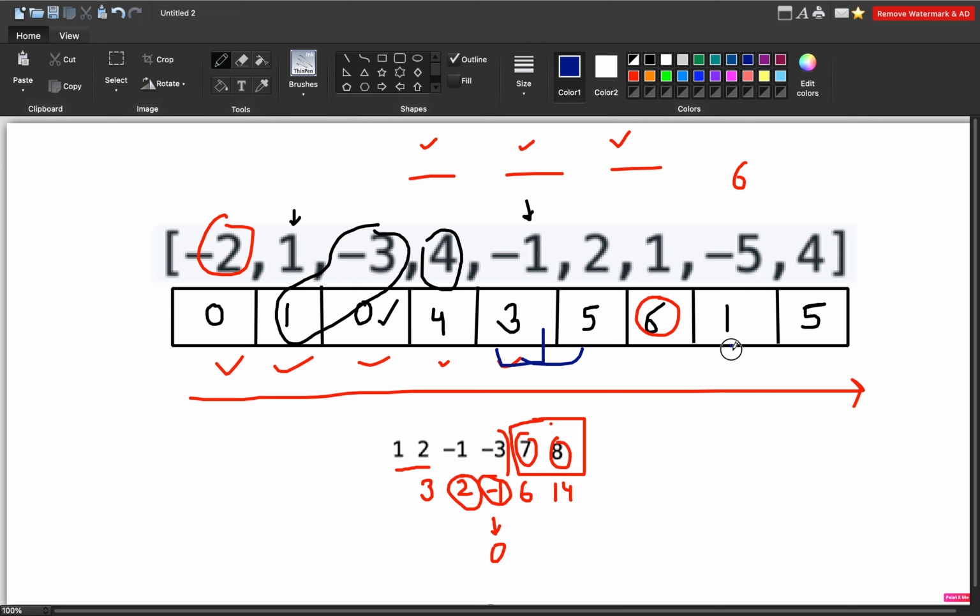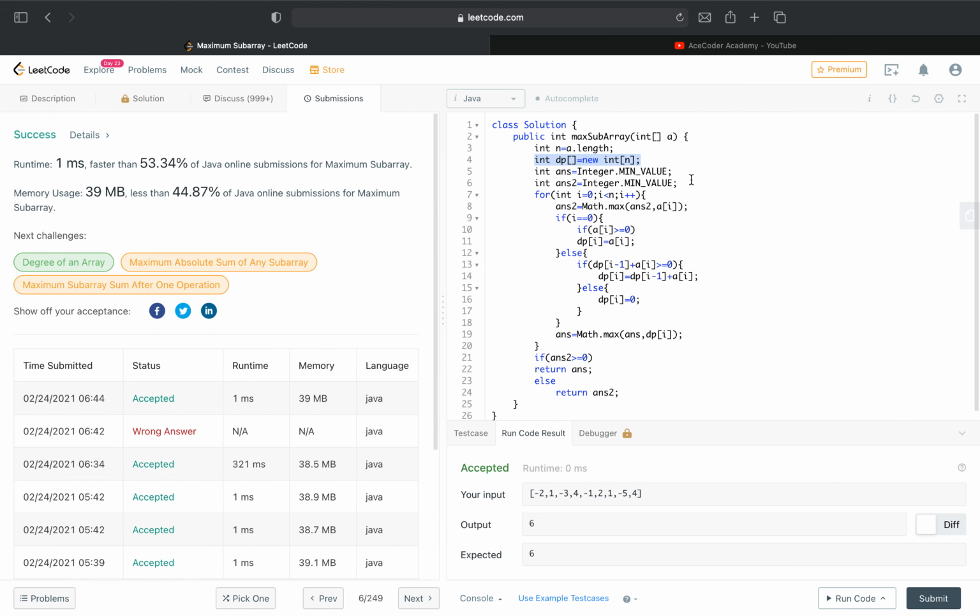So why not make another variable which stores the answer for the previous index, and side by side we can keep storing the maximum like we were storing for each index. So yes, that can be done. So let's do that.